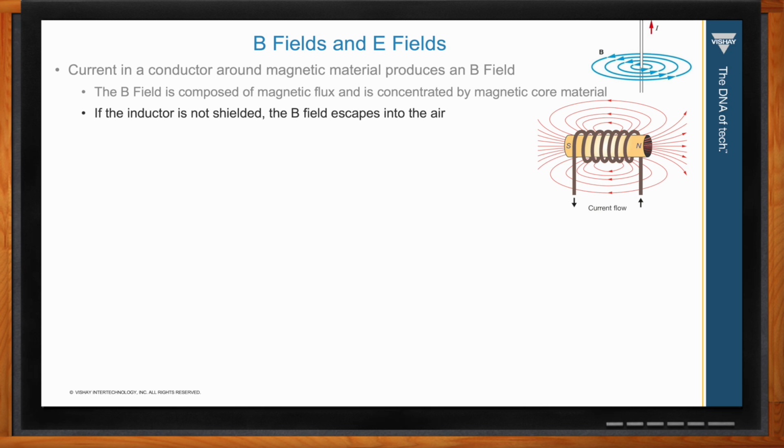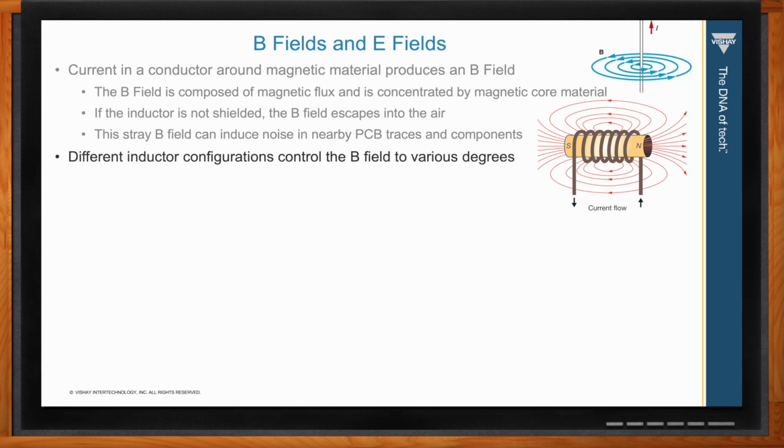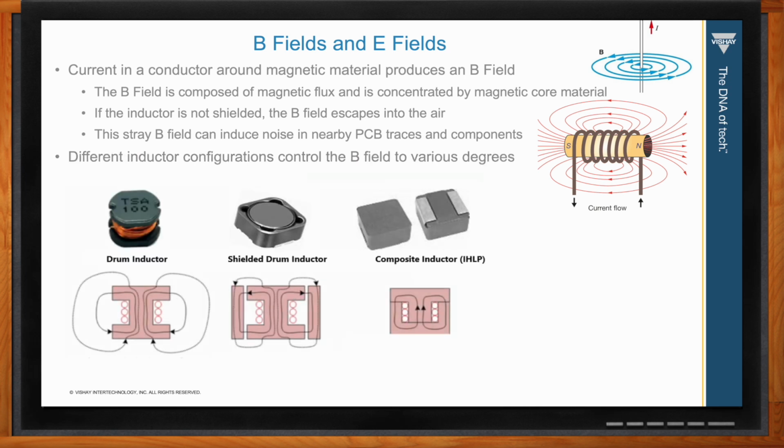So this noise can definitely cause problems if it induces that noise into the traces or other components. Different inductor configurations control the B field to various degrees. So here we have the main types of inductor configurations. First of all, we have the drum inductor, and you can see that it has an open magnetic field, that